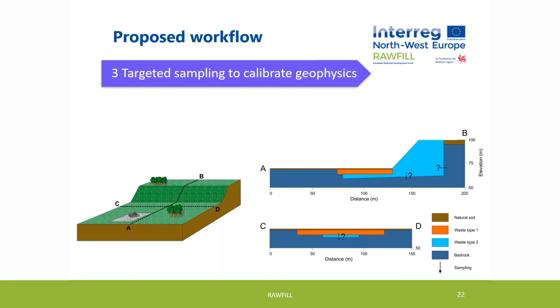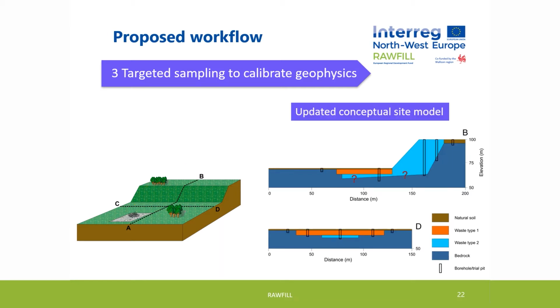After the geophysical characterization comes a third step of the workflow, targeted sampling, with the aim of validating and calibrating the geophysical results. A limited amount of boreholes, trial pits or trenches target specific locations in the landfill. Here, 6 boreholes have been chosen to cross-validate the extent of the two waste types, which have been already updated